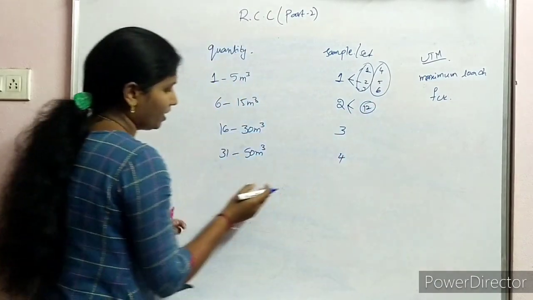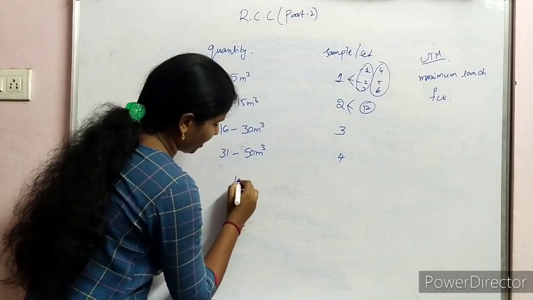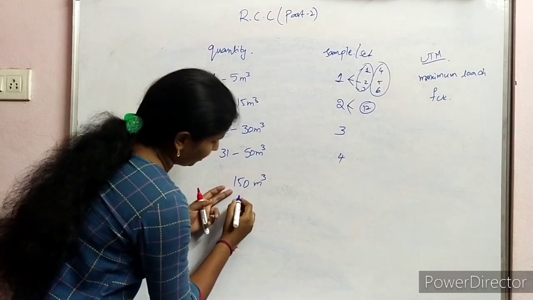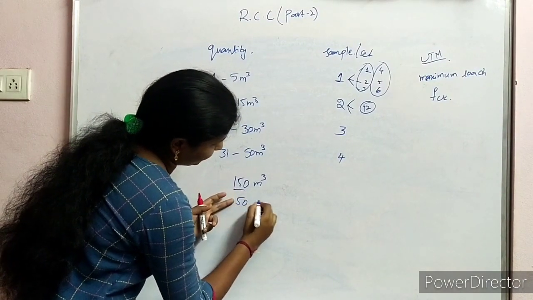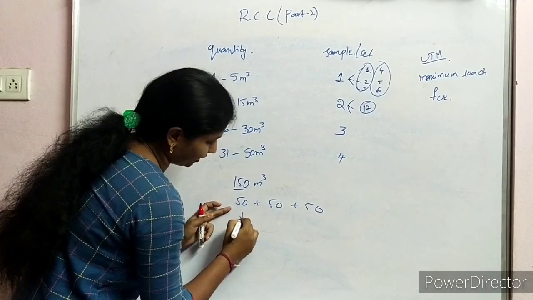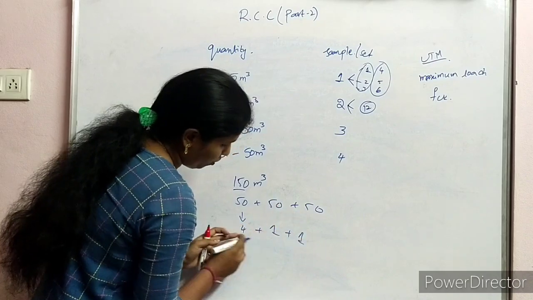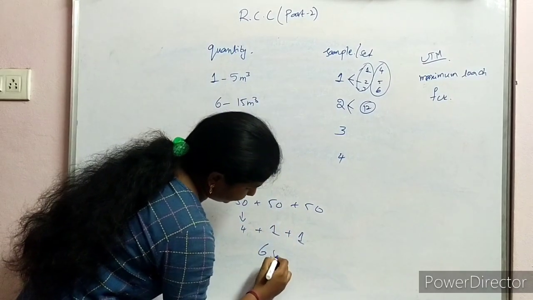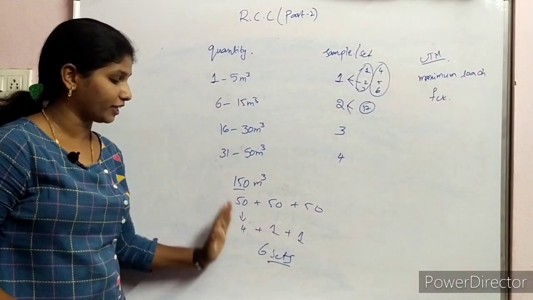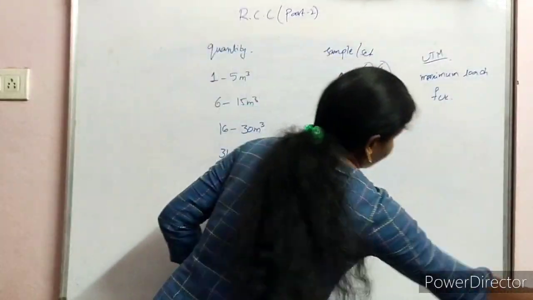12 cubes. Like if we are laying more than 50 meter cube concrete, for example we are laying 150 meter cube concrete, how many 50s are there? 3 50s are there. For the first 50 we have to take 4 sets, for the second 50 we have to take 1 set, and for the third 1 set, so totally 6 sets of cubes we need to take for 150 meter cube of concrete. We have to test these 6 sets at 7 days and at 28 days.